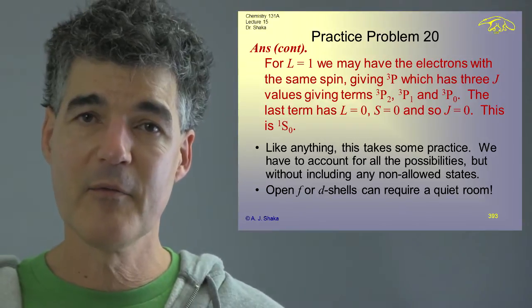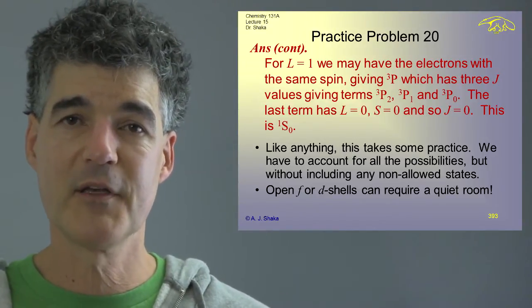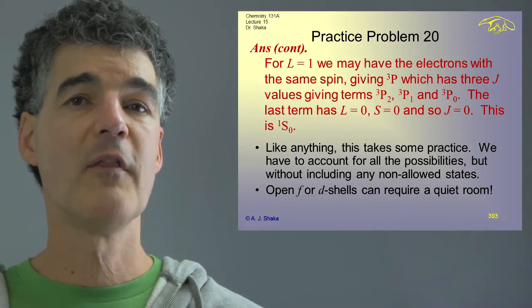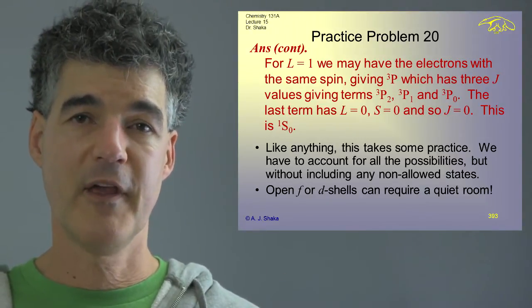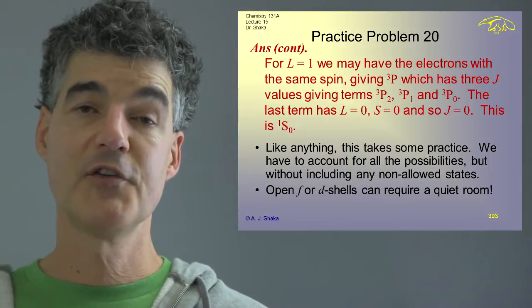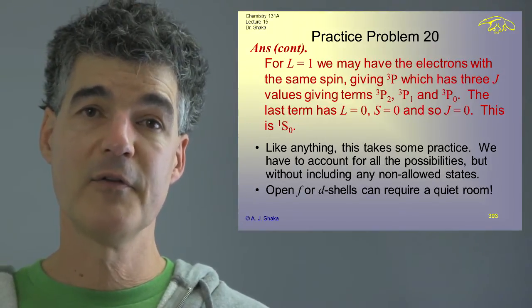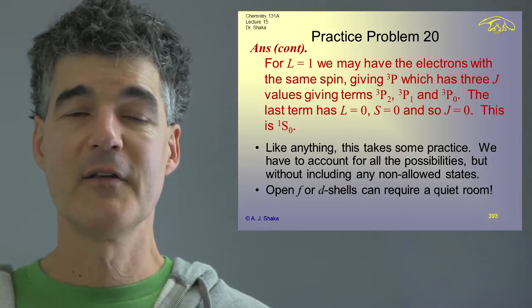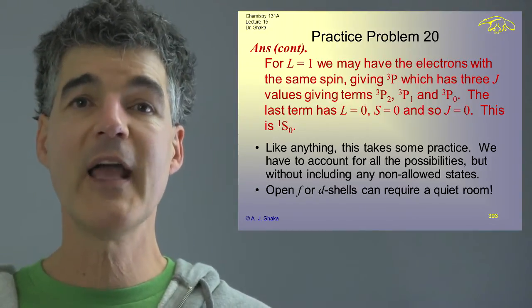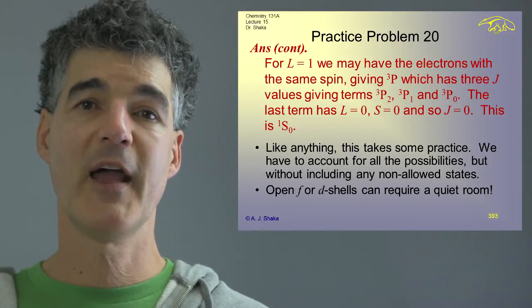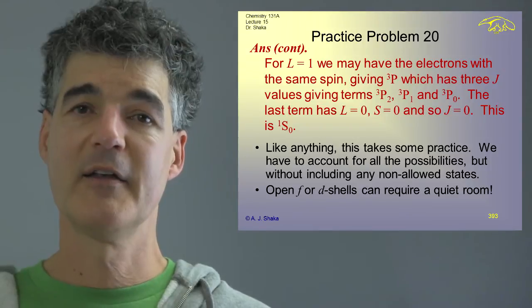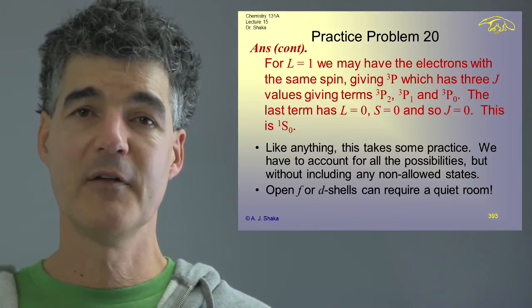Recall that we did that when we did this before with just coupling 2 electrons. We made sure that we accounted for all the possibilities that were there, and then made sure that our terms cover all those and no extra ones. And like anything, like doing crosswords or Sudoku, this takes some practice, but it can be quite a rewarding puzzle to work out to make sure that you've got it right, that you aren't including any non-allowed states